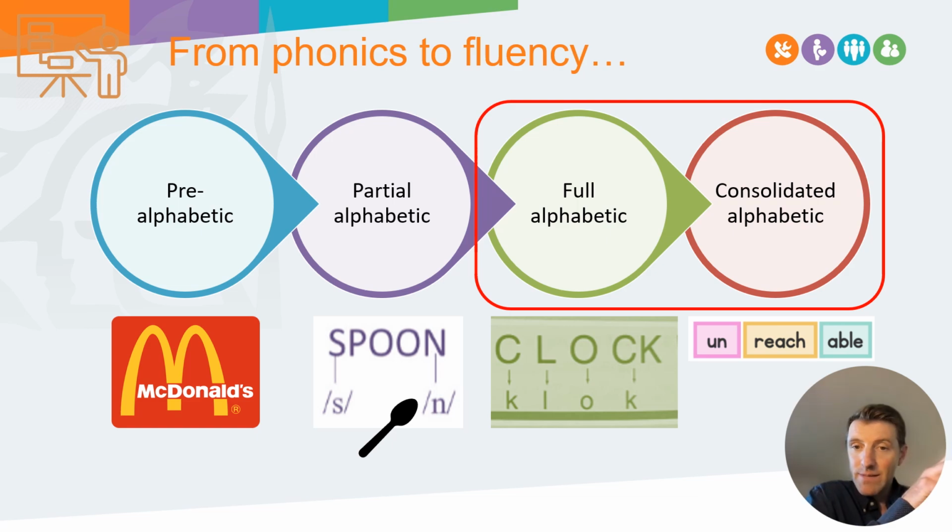But at that full alphabetic phase, where they are able to read an increasing number of words with a good grasp of their decoding skills, and absolutely when they're in that consolidated alphabetic phase, that's when fluency starts to come into play. And that is how we then start to move into comprehension, because they're able to read words at an individual level, they'll be able to apply meaning to those words, and they're able to extract meaning from all the phrases and sentences that they're reading. So this is an important thing to remember, that fluency will be impeded if a child or a learner isn't at the right stage of that phonics and alphabetic awareness journey.